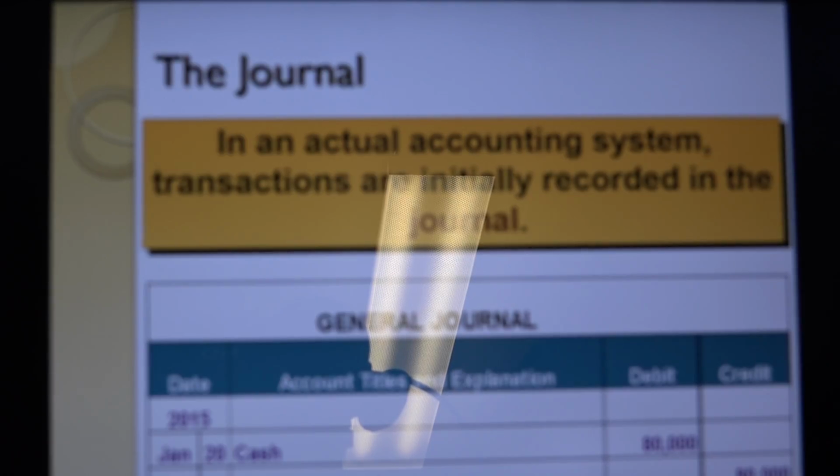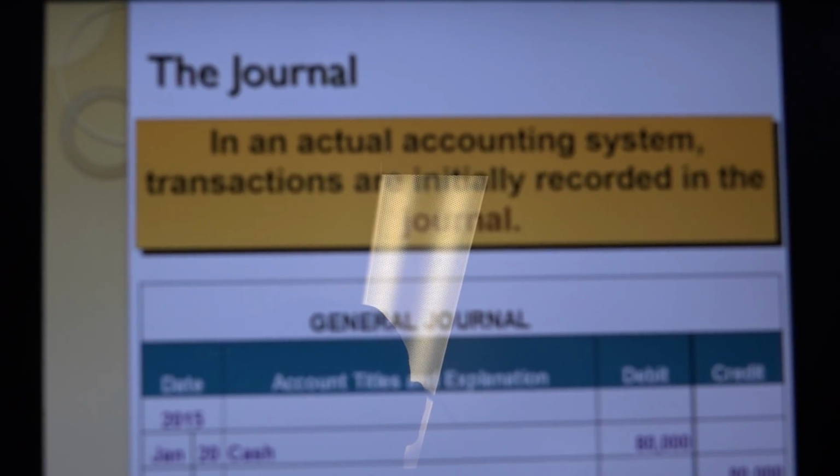Now, understand that most of this, not all of it, for nearly every company that is of any sophistication, is done by computerized financial accounting software. Okay? And the concepts are still the same, though, in that you're going to record your transaction, if it affects the accounting function, in the general journal. And from there,